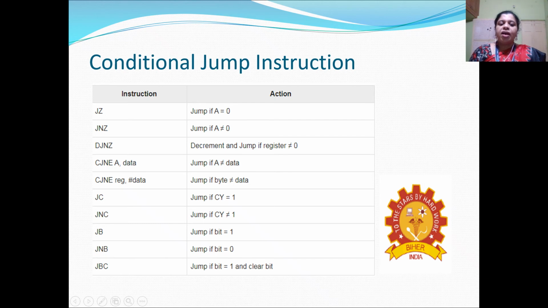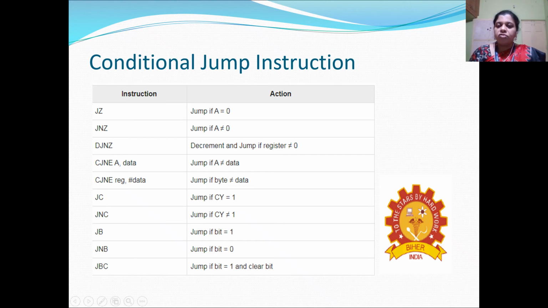So here JZ. What is the thing we have to see? We have to check out the carry flag, zero flag. That is after the particular operation, we have to check out the zero flag. If the resultant operation is going to be 0, then we'll move on to that particular location. That is jump if accumulator is equal to 0. You can check out the flag also, the content.